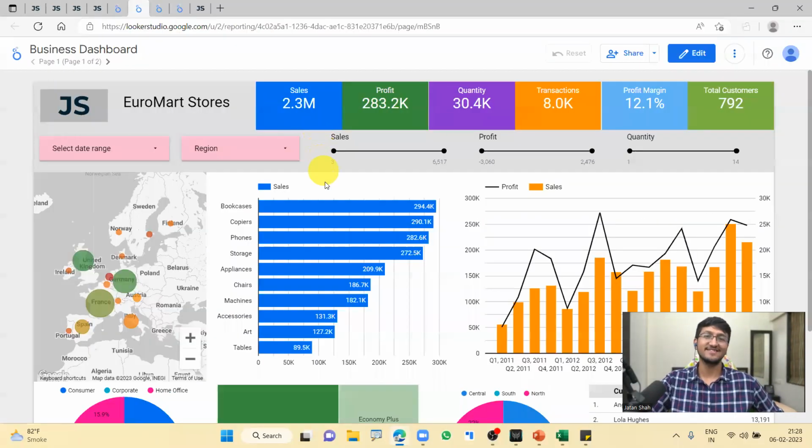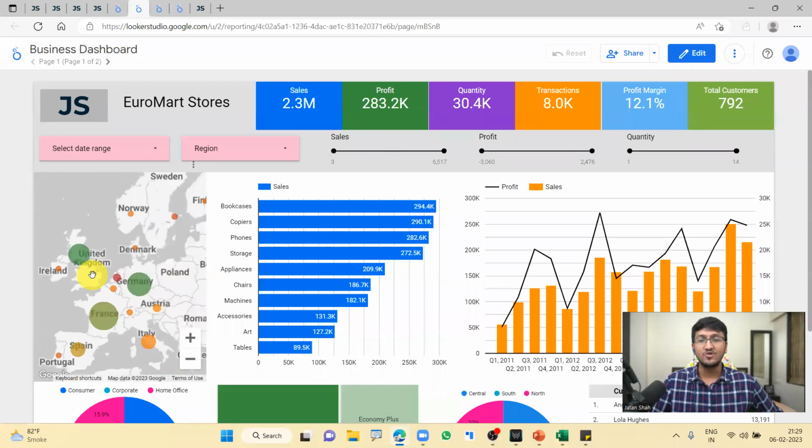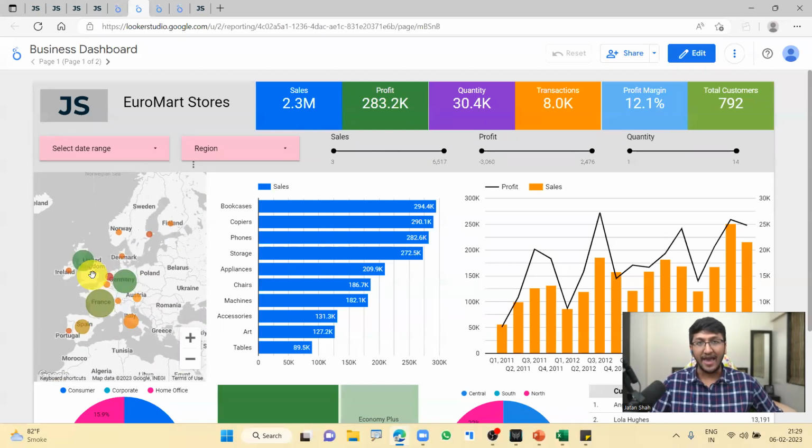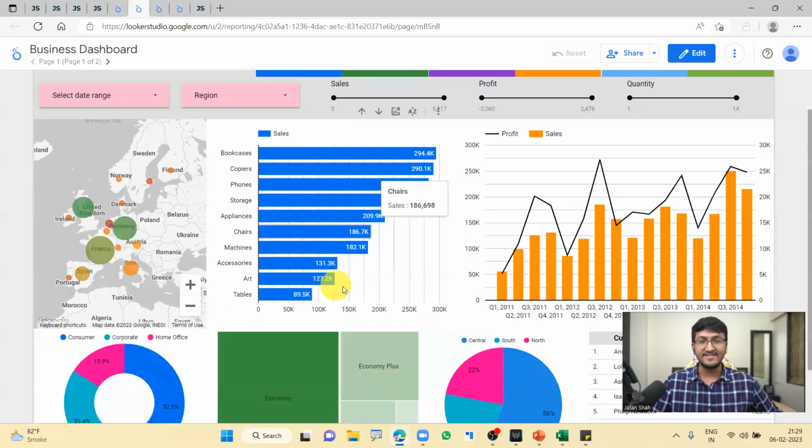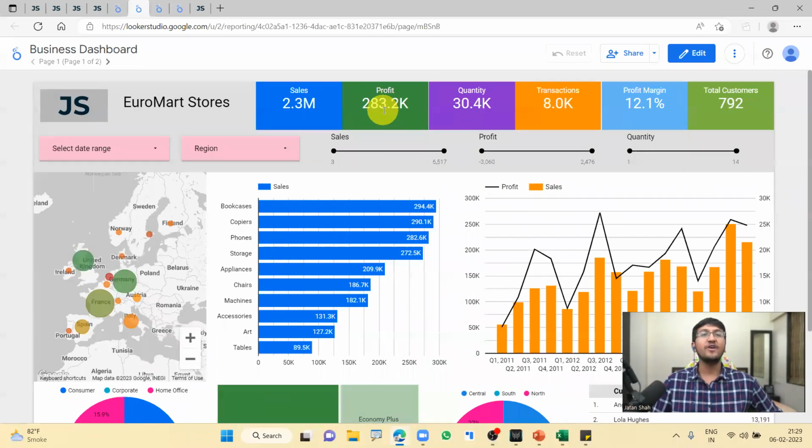Have a look at this, guys. Here is a mind-blowing moment for you guys. This is a completely interactive dashboard built for a business that, by the way, you are also going to learn. And do you know how easy it is to analyze the data with this? I can see all my metrics at the top. I have a zoom in, zoom out, literal map as well, helping me understand what all countries I am serving, all my products, the total sales, and my total profit right now is 283,000.